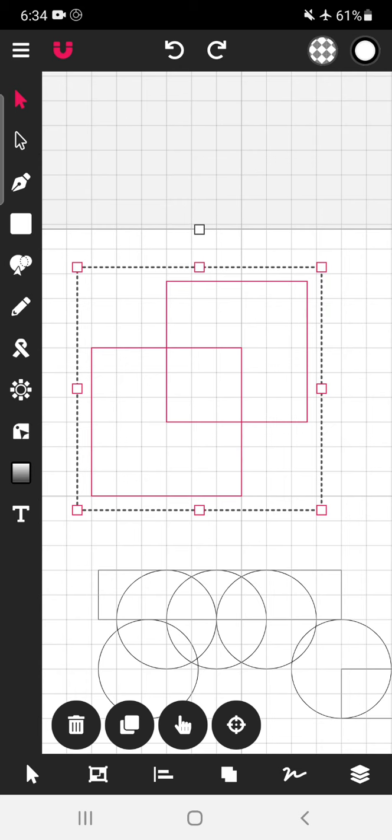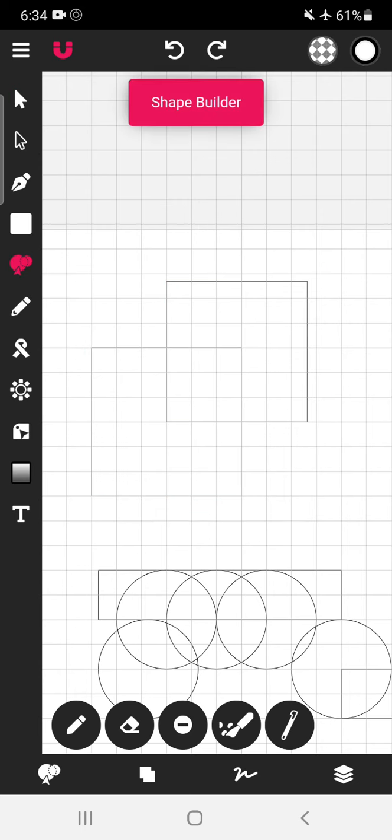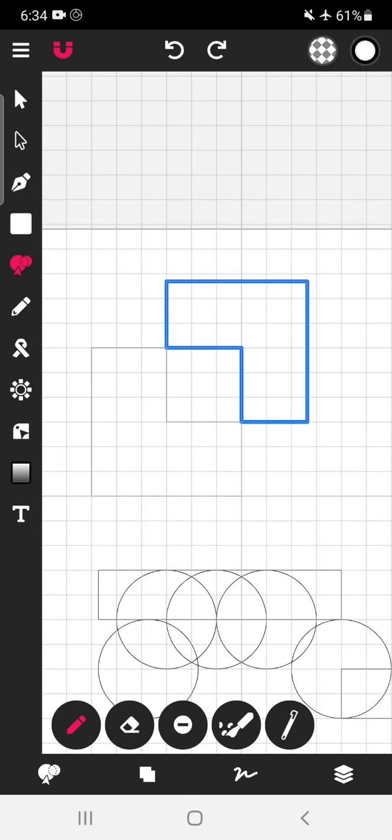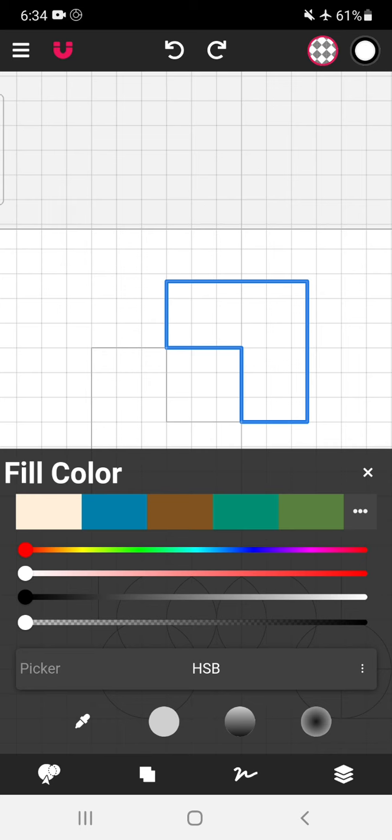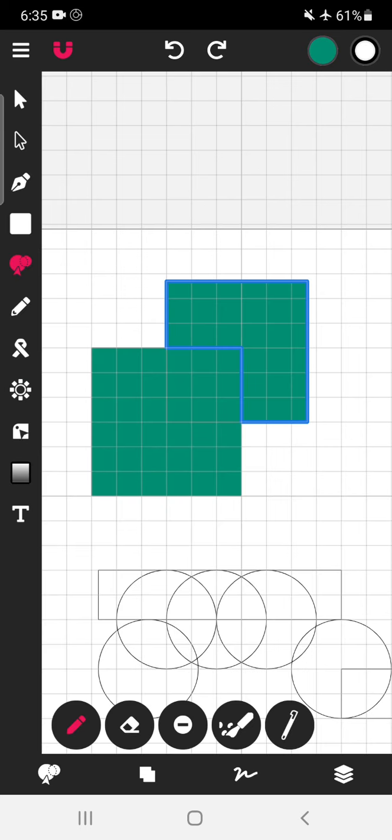In this, select these shapes, go to this option shape builder tool, select the area. Okay, first select this particular join mode, select the area which you want to make separate. If the area is closed, it gets converted into blue color. Then don't select this option, select this option and give it some color. So first it will show the color in a very haphazard manner, so just neglect it and then tap on this option.